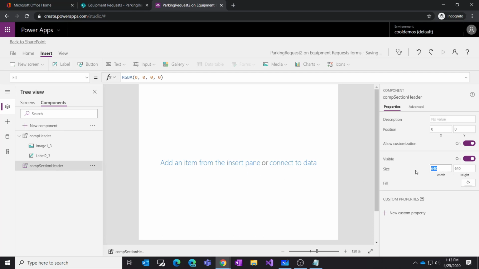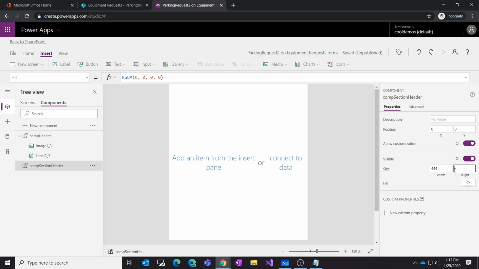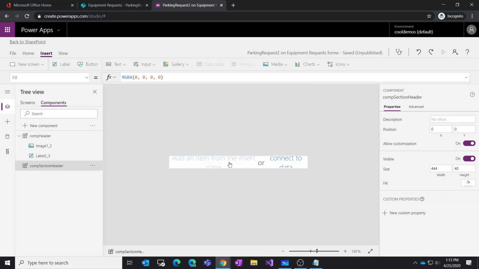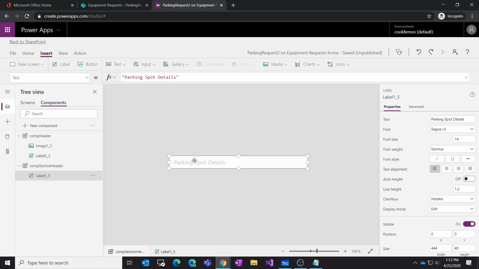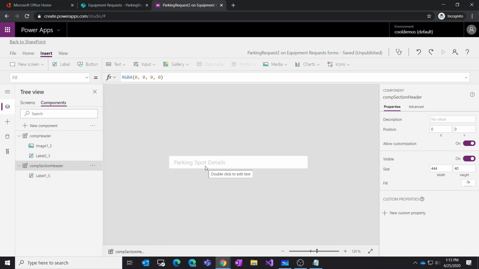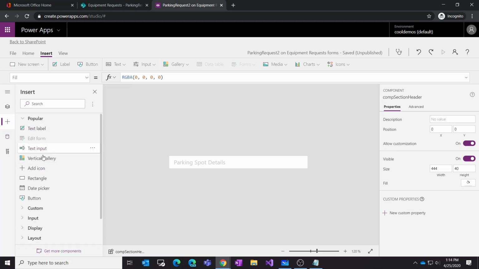So let's set my canvas size up to 44440, right? And let me just go ahead and paste in that label, and that's going to come in nice and tight the way I need it. And then I want to do a horizontal rule at the bottom, and I have to fake that with these rectangles. So let me just go ahead and grab a rectangle, slide it,